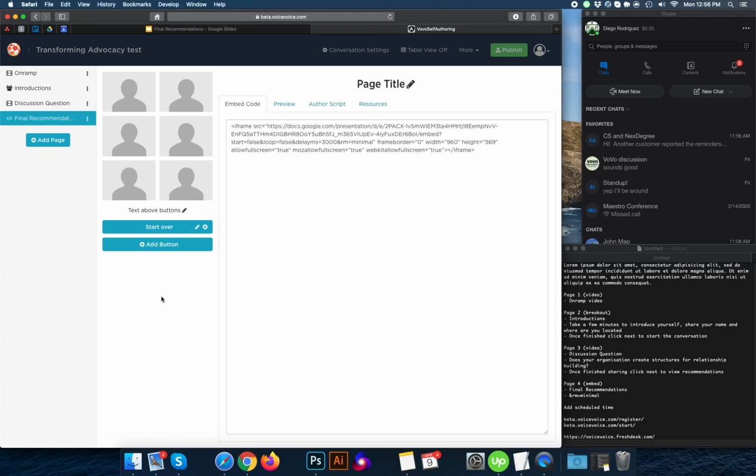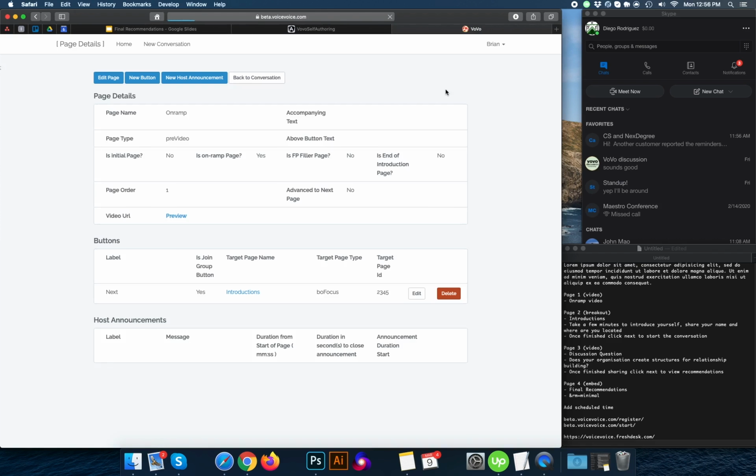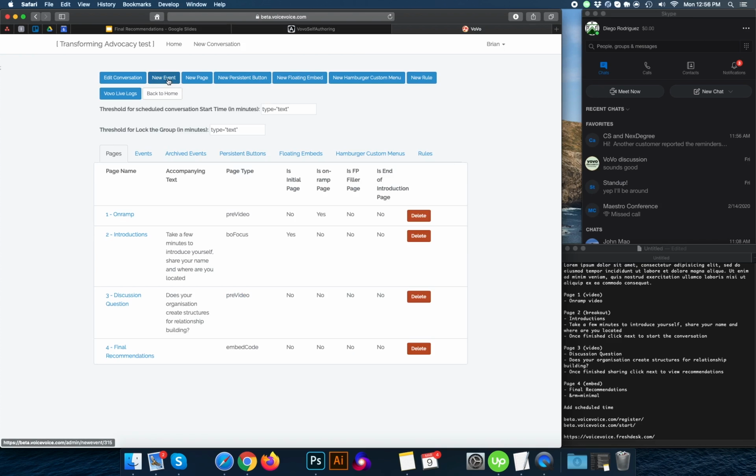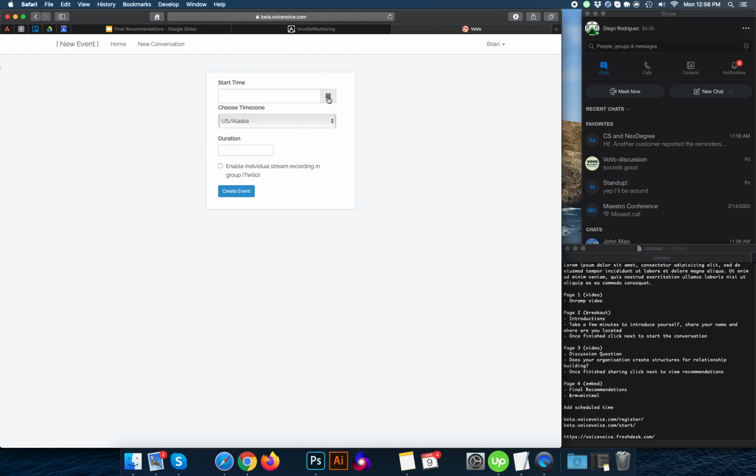Okay, so we're done adding content. The next thing is adding a schedule time. So adding schedule times is still not possible on the conversation designer. So for that, we have to go to more advanced settings. This will open the old author environment in a new tab. Go back to conversation, click new event, choose a start time,